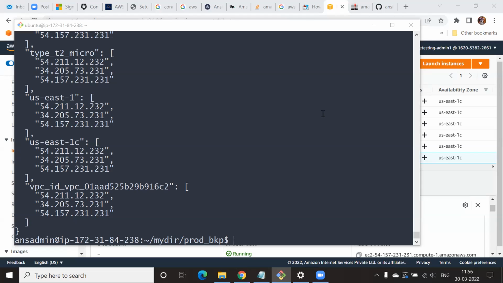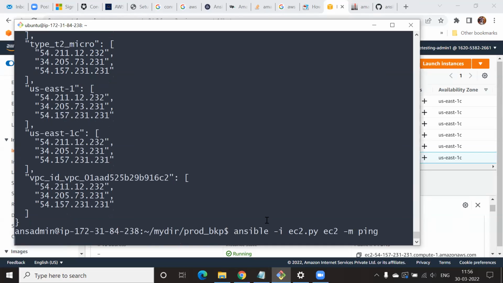Let's say I'm pasting this one. Try to run this one. Okay, now run this one. So I think this will take a few seconds to a minute. What do you think is the -i? With -i, we are specifying the file, and it will take the hosts from this output, and then it will